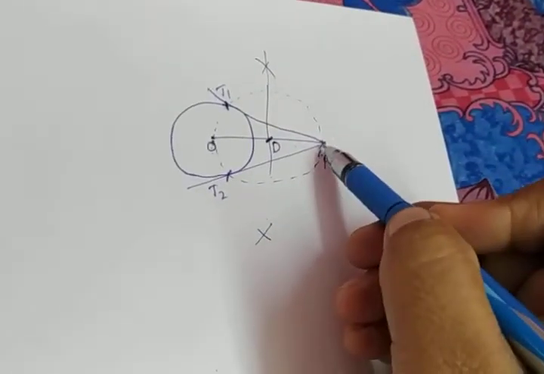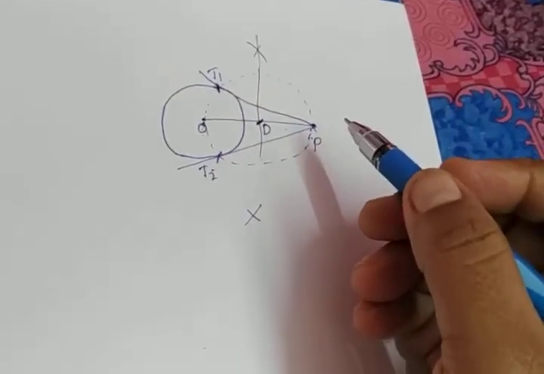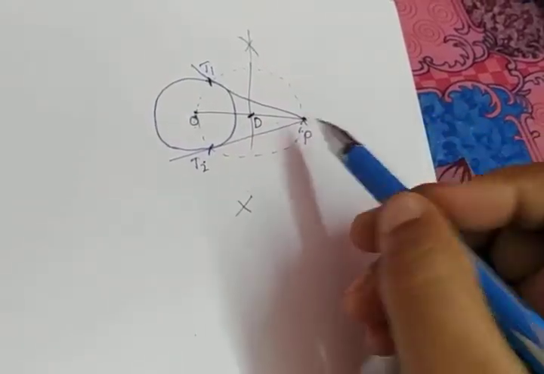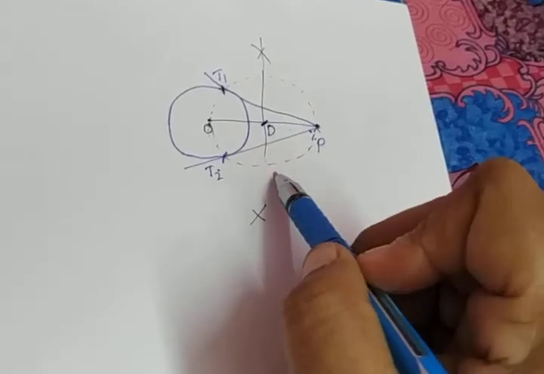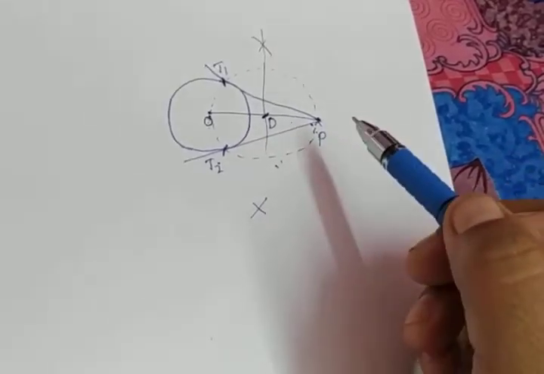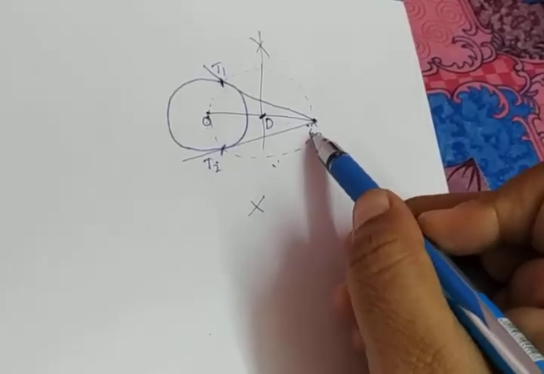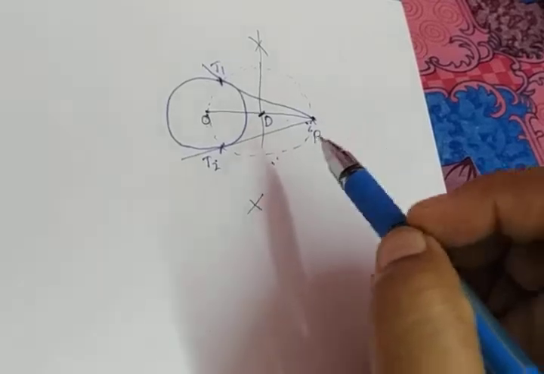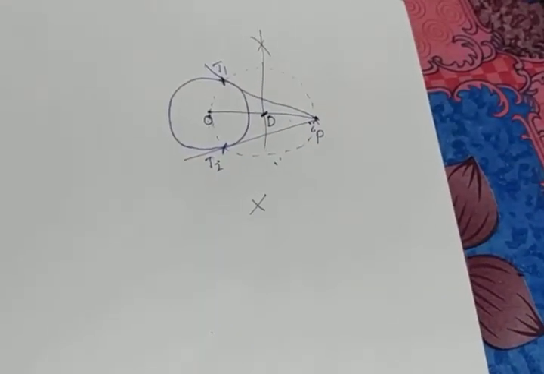If you want to measure PT1 and PT2, you can use your scale and measure it, and you can see that those two measurements are equal. If you have drawn it correctly, the measurements of PT1 and PT2 will be of equal length. This is the basic idea for drawing a tangent, and the question differs in the case of drawing the circle, or taking the external point, etc. In some of the questions we have to take an external point from another circle.